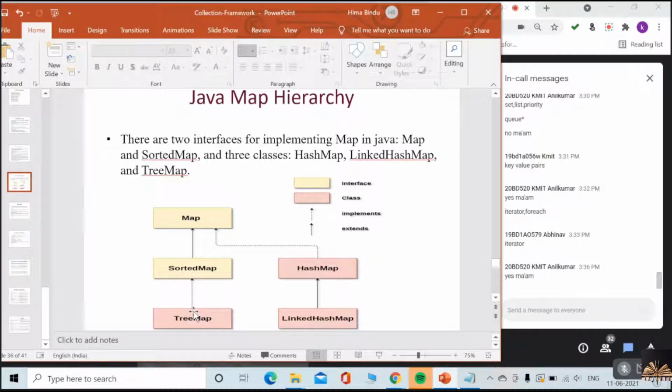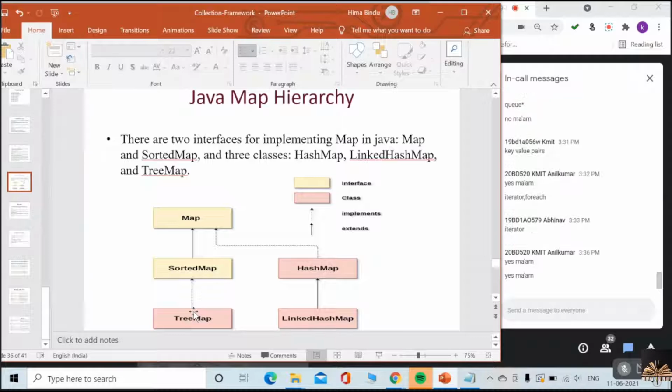Because in TreeMap, it already has sorting capability. We have already seen TreeSet. Yes or no? TreeSet will automatically sort string objects and also wrapper objects.